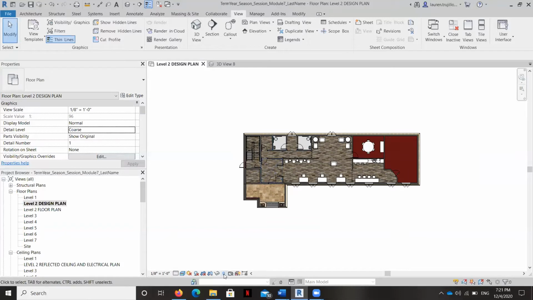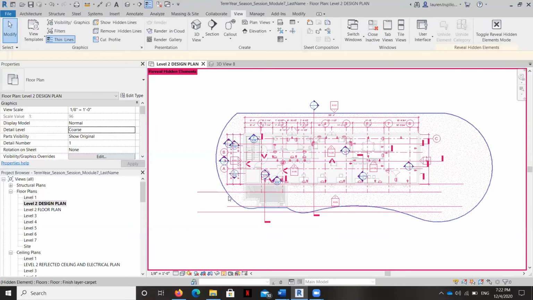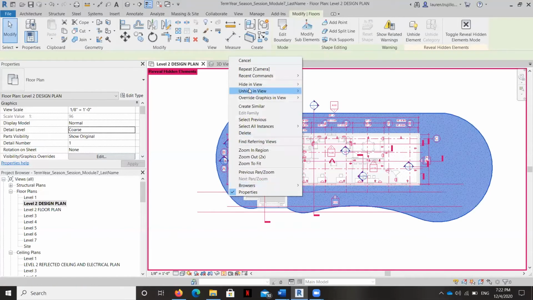So when you're in the real world, you might get a copy of the site plan or topographical map and some information from the civil engineer. But if you don't have that information, you're just trying to create a really quick rendering, you can bring in site elements basically just as their own floor. And so I began by just creating this floor right here, which I'm going to unhide now.